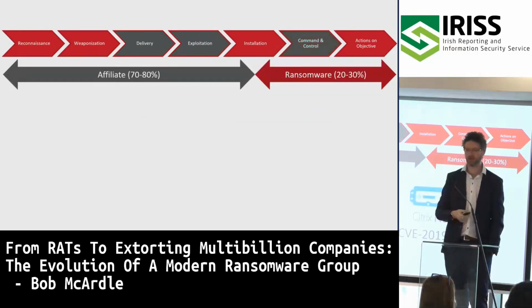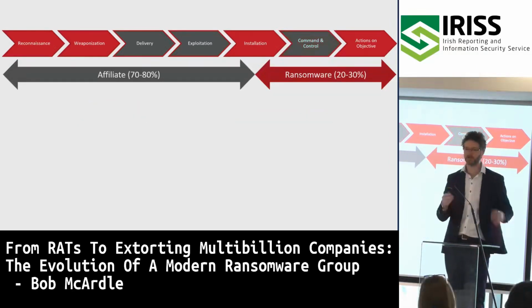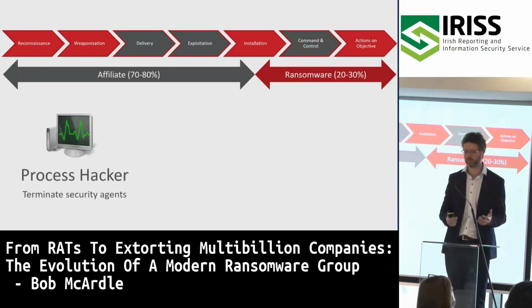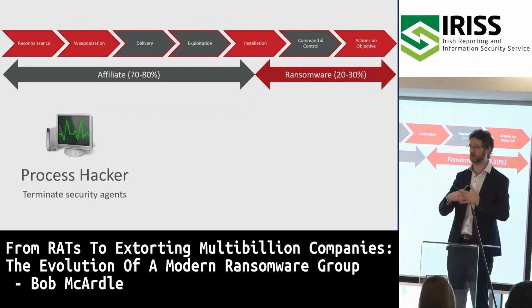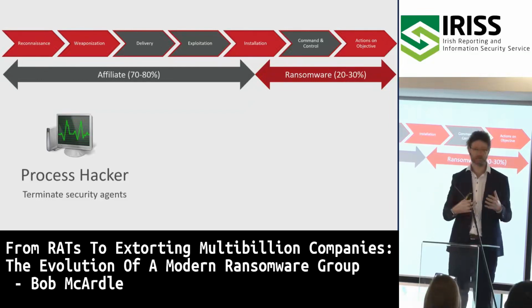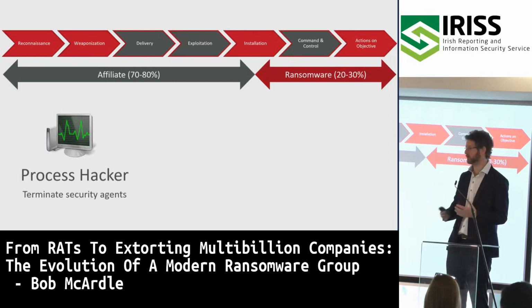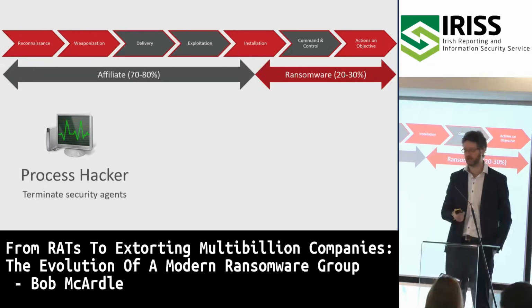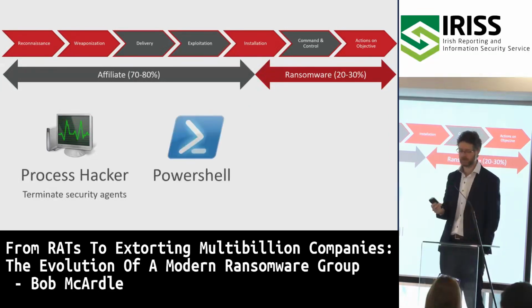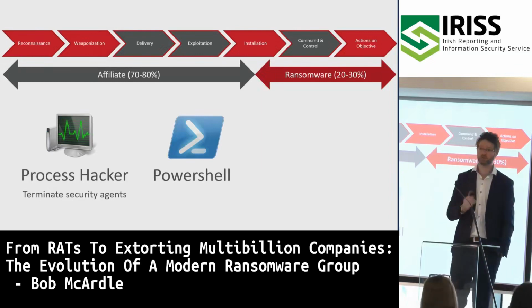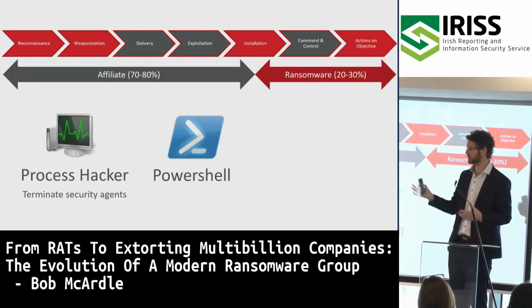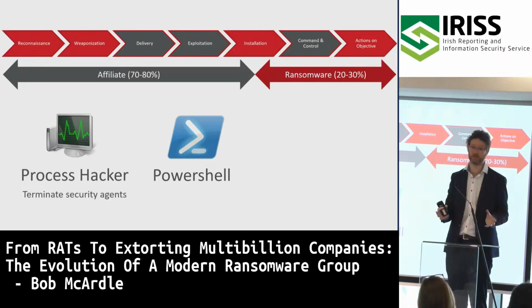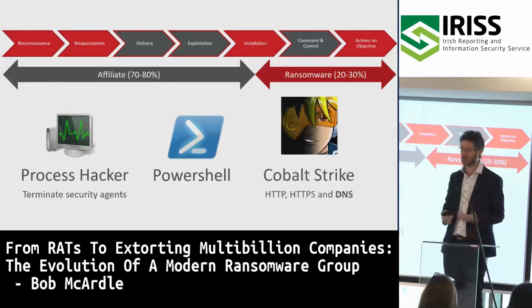Once they'd used that for the initial beachhead, they would set about establishing stronger control of the machine. So the way they would do this is they use tools like Process Hacker to delete or disable the security software on the machine itself, which then means they can run around without any of those pesky anti-ransomware tools stopping them. They'd use PowerShell, which has really sped up their deployment. In the past, a lot of this was manual. Now they've scripted up their playbook. They just run scripts. The scripts rip through the network at very, very fast speed and do all the standard things they would do.